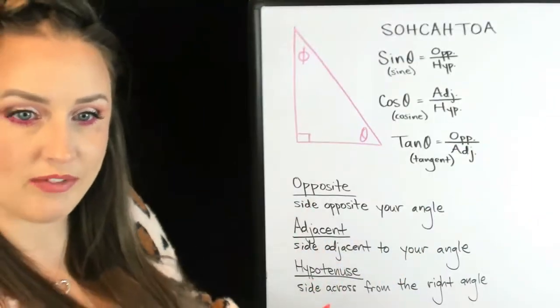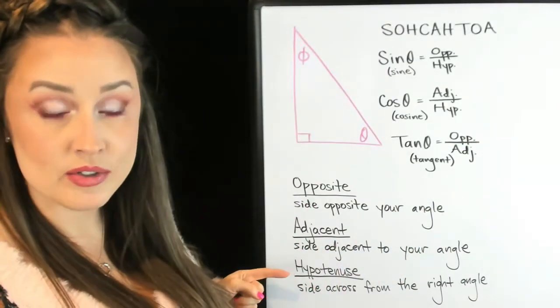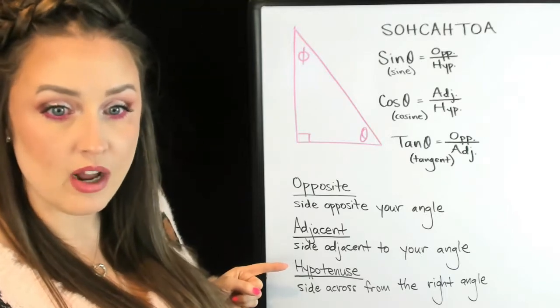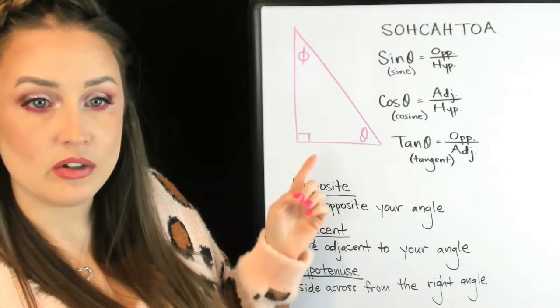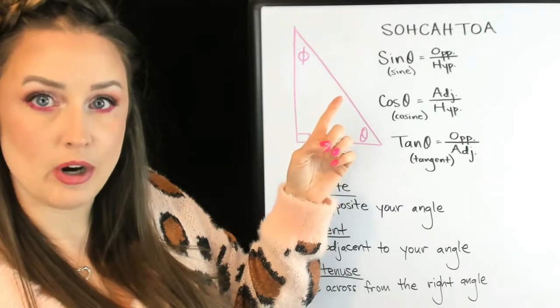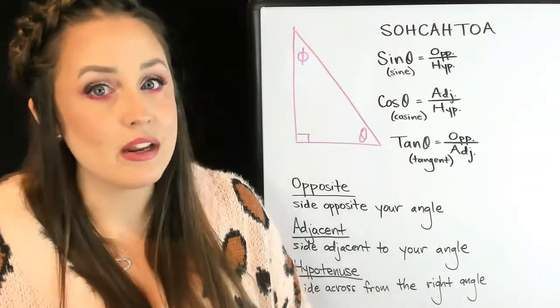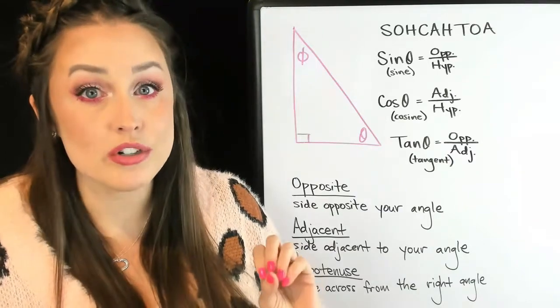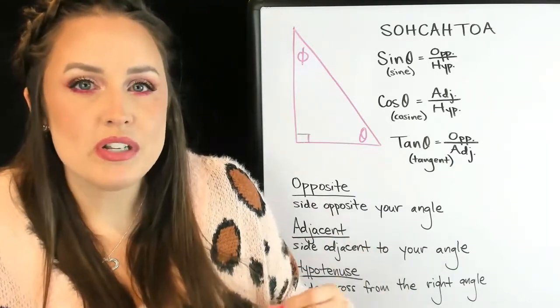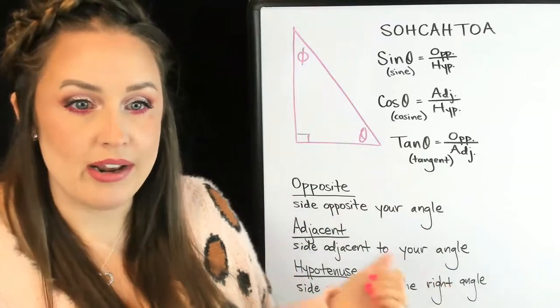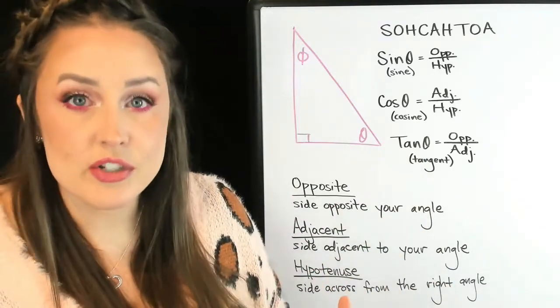So first of all, let's talk about what everything stands for. The hypotenuse, as I talked about in my Pythagorean Theorem video, is the side that's across from the right angle. So the right angle is here, that's going to be your hypotenuse. Now, opposite and adjacent, that really depends on what angle you're talking about, because what's important to know is that it's opposite to the angle you're talking about, and adjacent is adjacent to or next to the angle you're talking